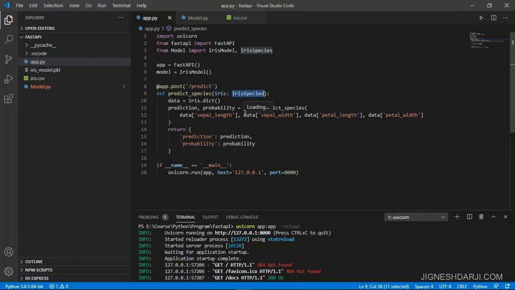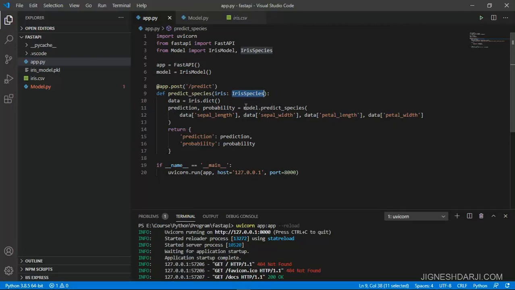When we pass those details, it passes them to the predict species function, and it performs some prediction and probability based on that. So you can check inside the data, I pass the sepal length, sepal width, petal length and petal width, and in return we get some prediction along with the probability.